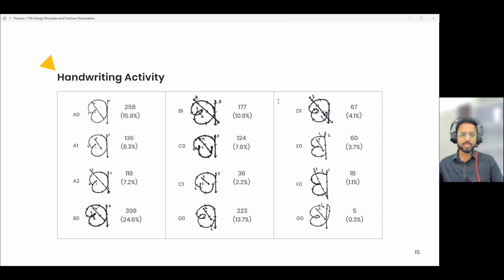If you look at type C, which is basically C0 plus C1, it had a decent overall frequency of 9.8%. Although most of its outcomes were also rated recognizable, there was a general opinion among teachers that the gap between the lower circular stroke and the vertical bar gave a sense of an incomplete shape, since the letter form in the school prescribed book had these two strokes connected. So this led to the idea of letter shape perception being an important factor to be inculcated into children while teaching them handwriting.